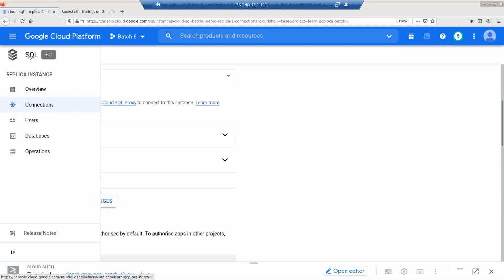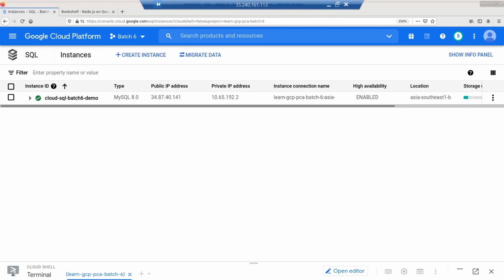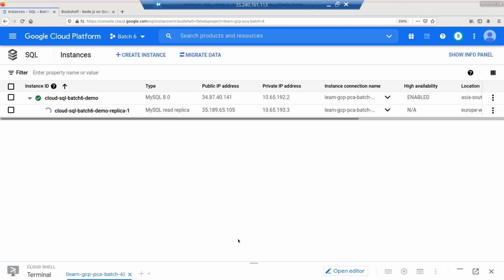So let me go to my home screen. I'm just going to paste the IPs for your reference. If you want, you can connect to this instance. The master is this one. Read replica is